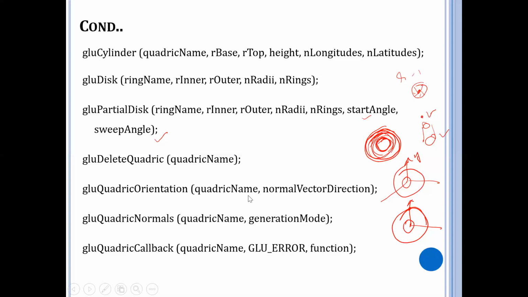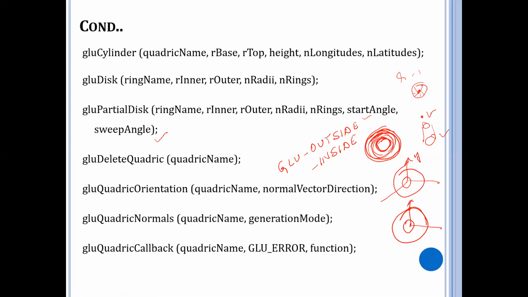Here, it takes in the quadratic name, and the other argument is the normal vector direction, which is assigned either GLU_OUTSIDE or GLU_INSIDE. These are the two arguments that can be passed into this normal vector direction. GLU_OUTSIDE represents the front face, and INSIDE represents the back face.